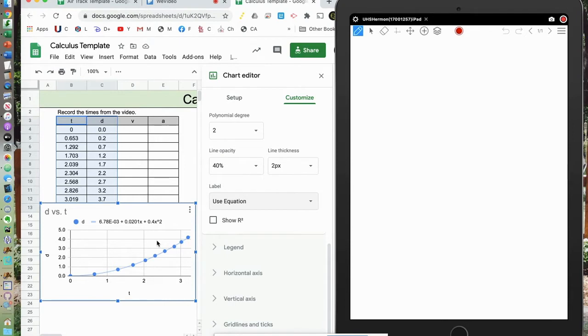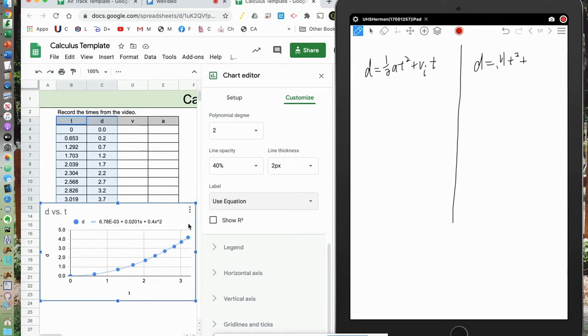And I'm going to write that. So if you remember the equation for acceleration on a displacement time graph, it would be d equals 1/2 at squared plus vi t. So that's the equation, and that's why it's a polynomial. It's a y equals x squared plus x plus constant kind of graph. And so the actual equation that we have on there is d equals, and then we have 0.4. I'm going to do the last part first. This part right here, 0.4x squared. So the x, remember, it was t. So 0.4 t squared